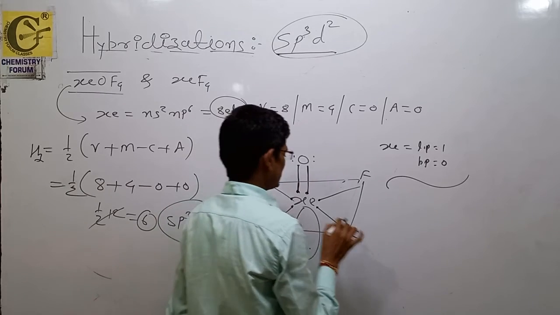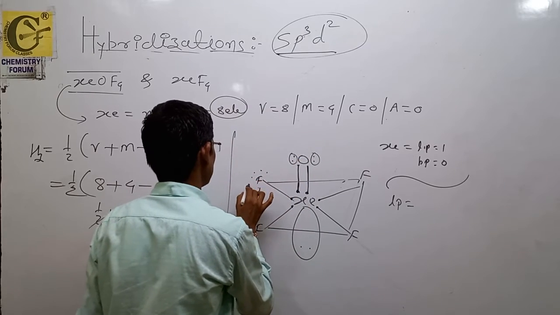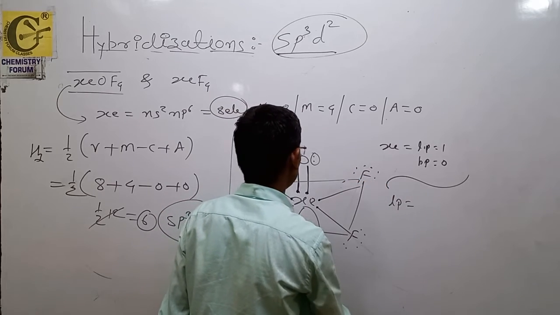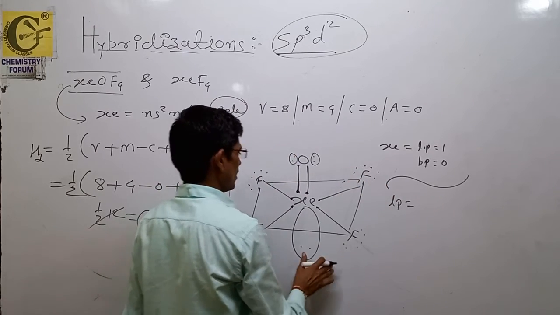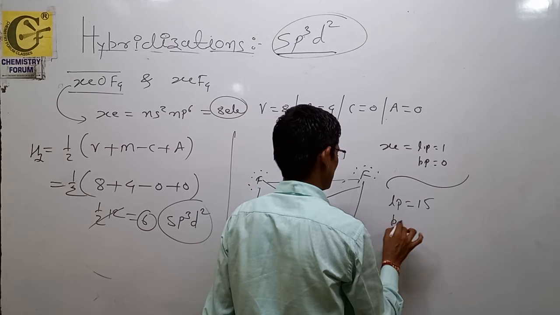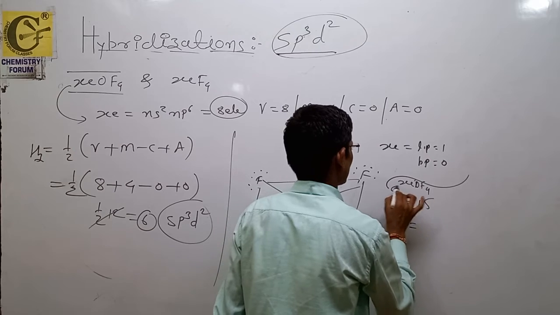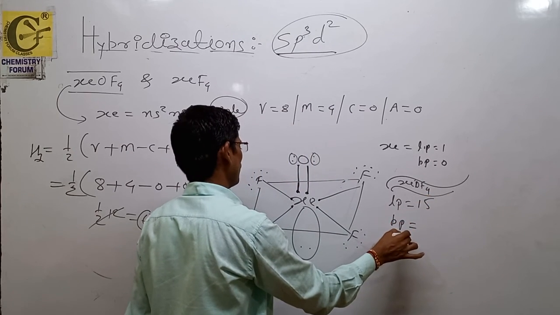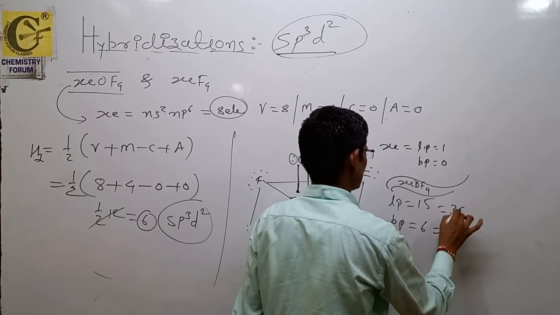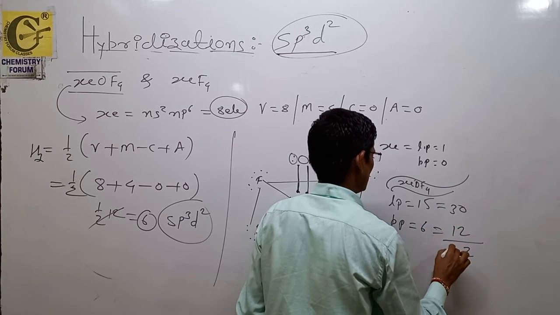Here in the complete example, the lone pair of electrons 1, 2, and each fluorine atom has 3 lone pairs of electrons. 3 and 3 is 6, 12, 13, 14 and 15. The number of lone pairs of electrons is 15. For the complete molecule example we are talking about, the lone pair of electrons is 15 and the bond pair of electrons is 1, 2, 3, 4, 5, 6. So 15 lone pairs give 30 electrons, 30 from lone pairs and 12 from bond pairs, so that is a total of 52,